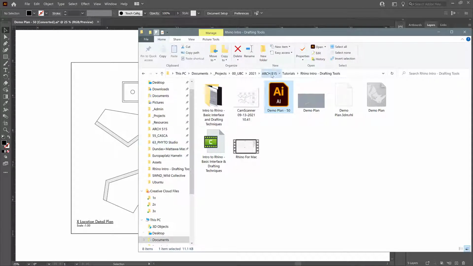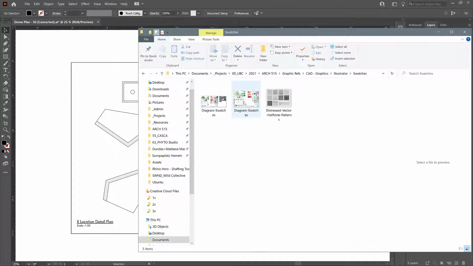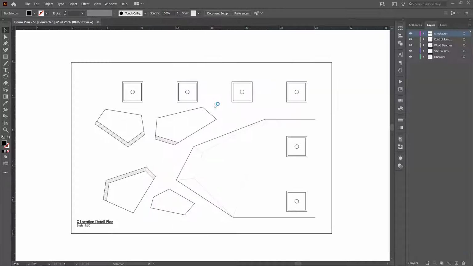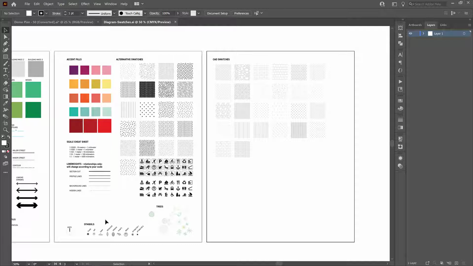All right, so now that you have your line work pretty much set up, I'd like you to navigate into your CAD graphics folder and go to Illustrator and then take a look at this diagram swatches. It's in your Illustrator swatches folder. If you open that file up, you see we have a whole bunch of swatches, lines, annotations, symbols, etc. And I thought I would just kind of show you how you can